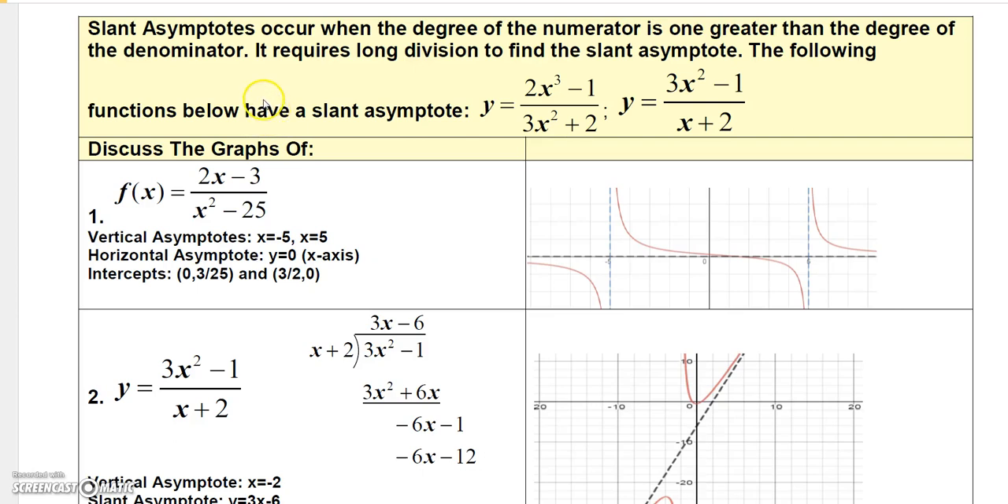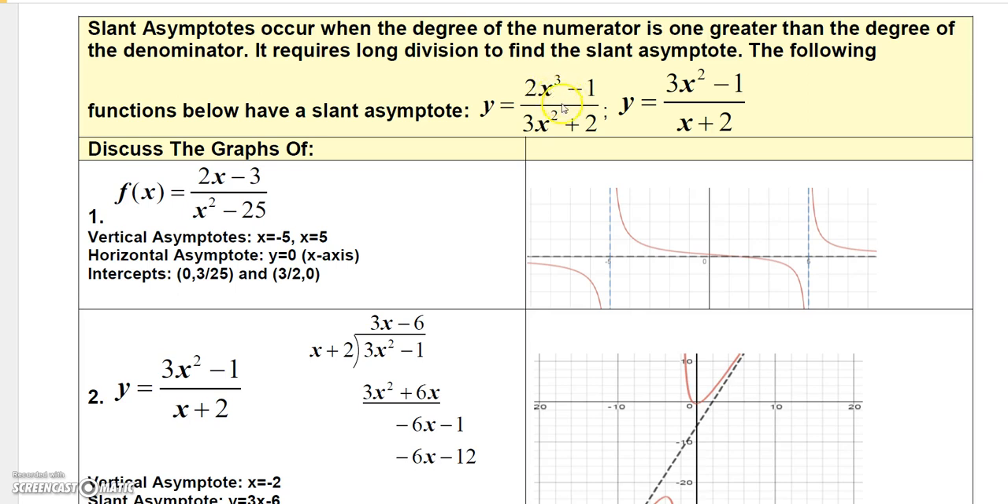Before we talk about slant asymptotes, let me remind you that slant asymptotes will only occur when the degree of the numerator is 1 greater than the degree of the denominator. So on these two graphs here, you can see that the degree of the numerator, 3 is greater than 2, 2 is greater than 1, is greater than the degree of the denominator, so therefore we would definitely not have